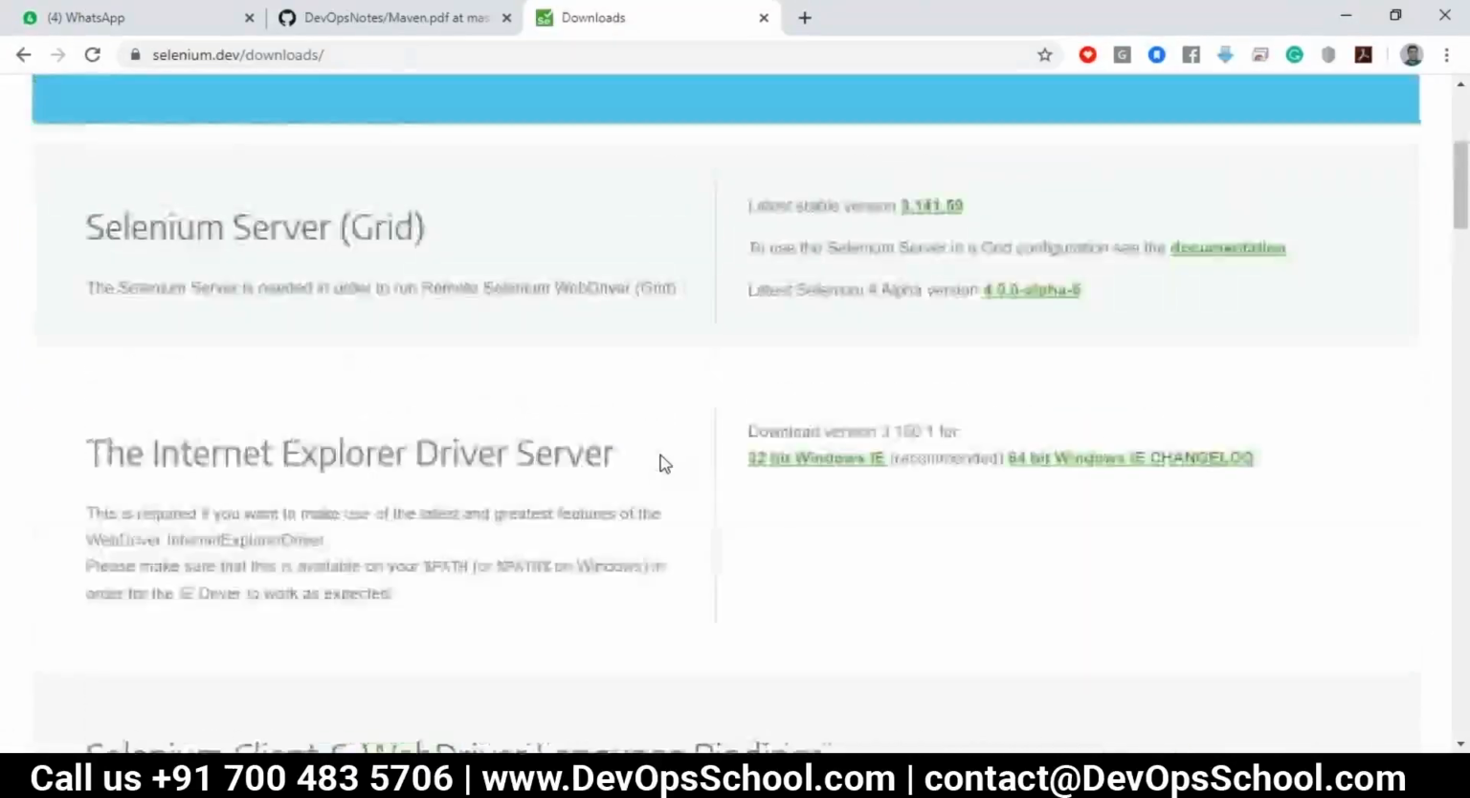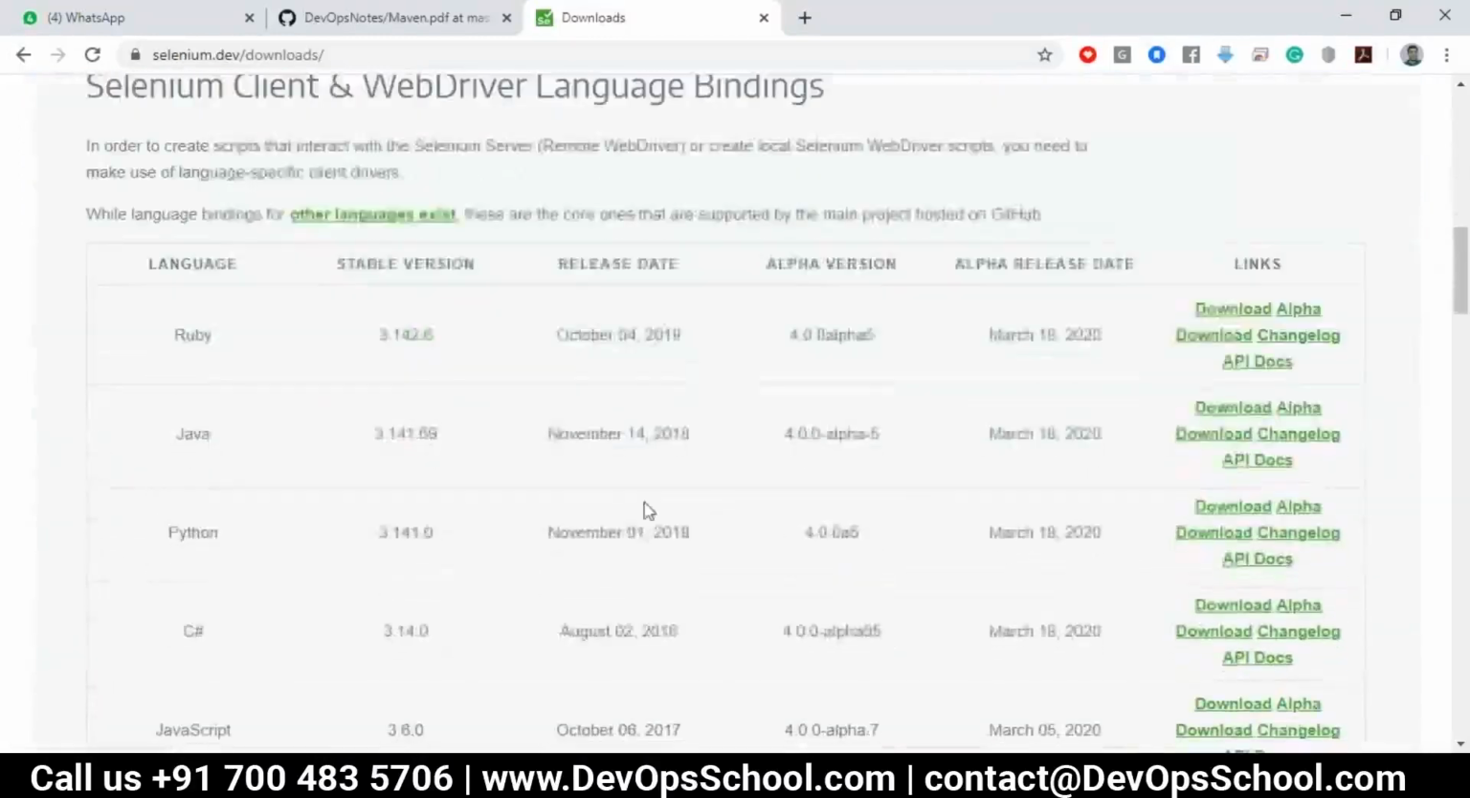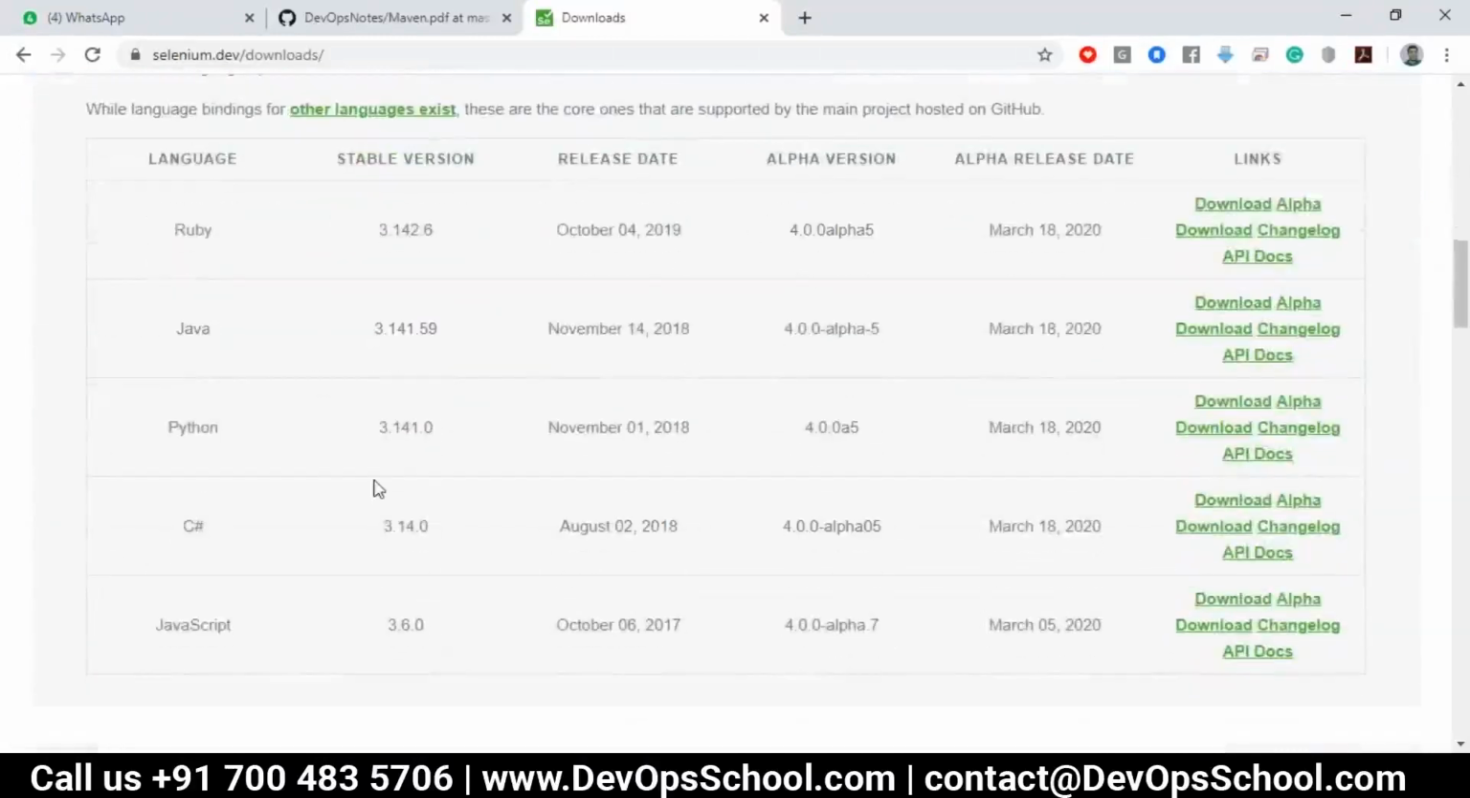They have changed the setups. It depends on which programming language you are writing the Selenium test in, like Ruby, Java, Python, C Sharp, JavaScript. I'm using Java. So what you can do, you can download the